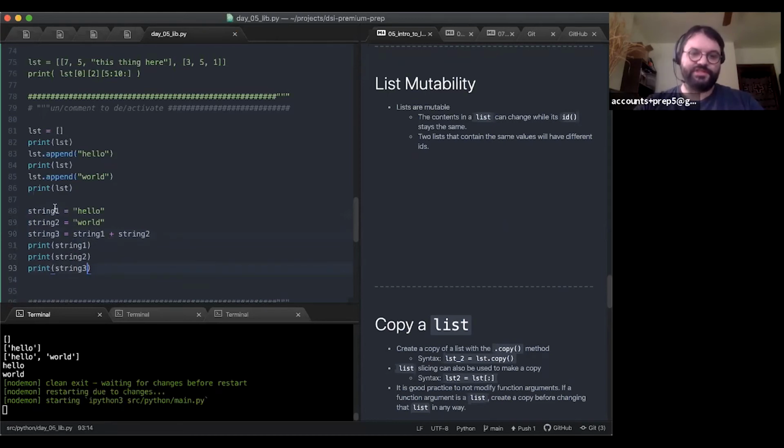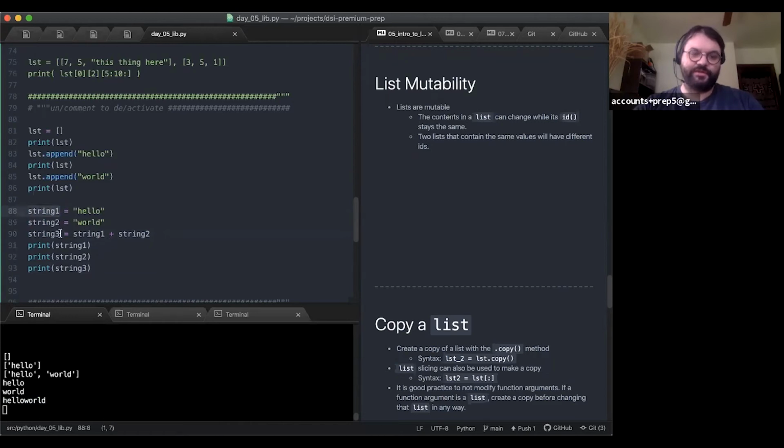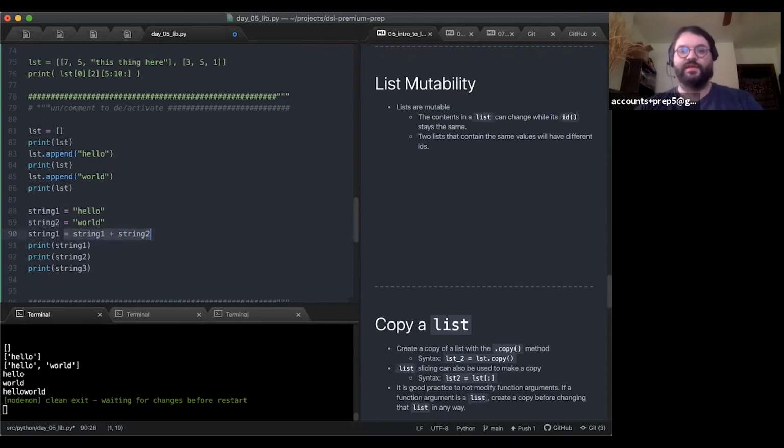But if I wanted to change the variable string 1, I would literally have to reassign it. So this is not a mutation in the same sense. This is a concatenation and a reassignment of the variable. So this is different than the idea of a mutation. And we can kind of prove this.